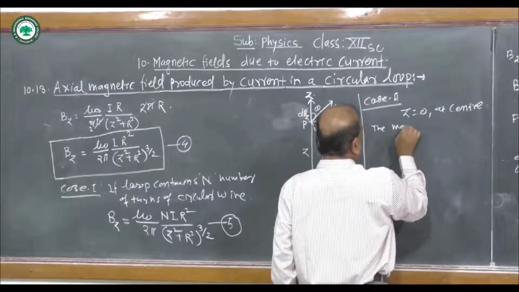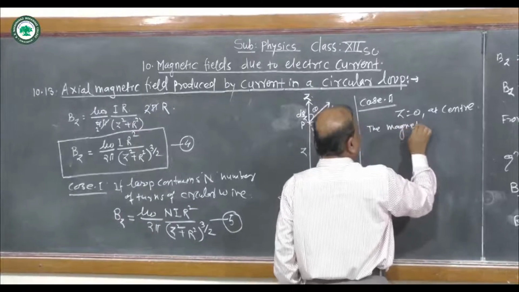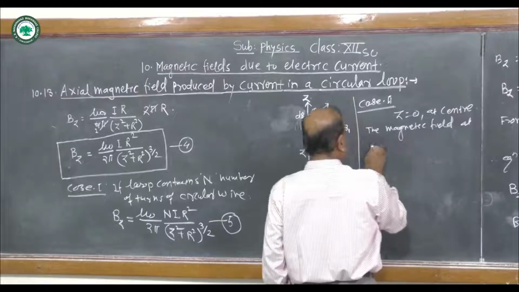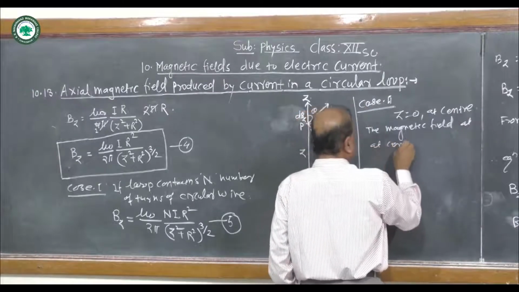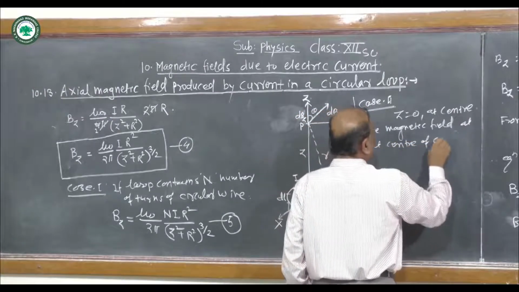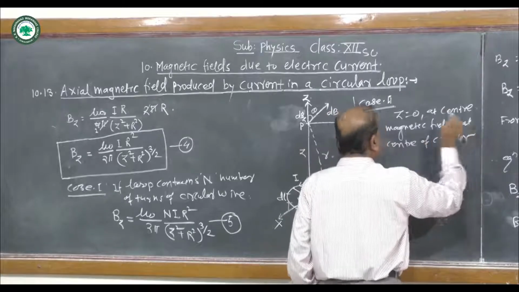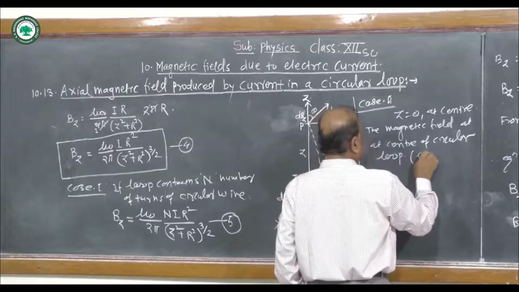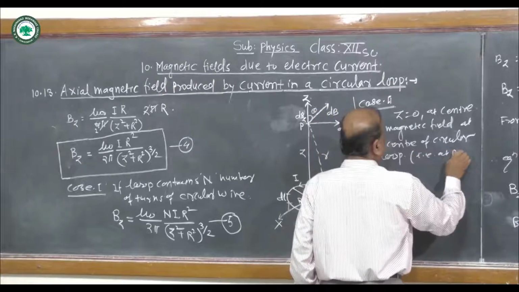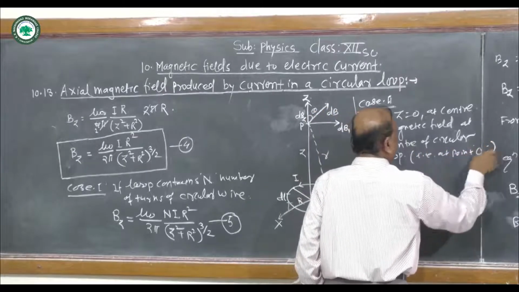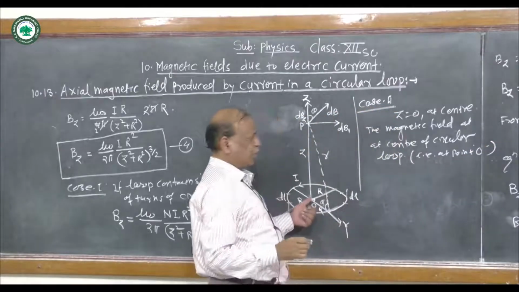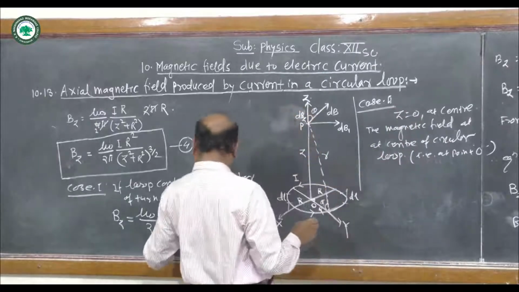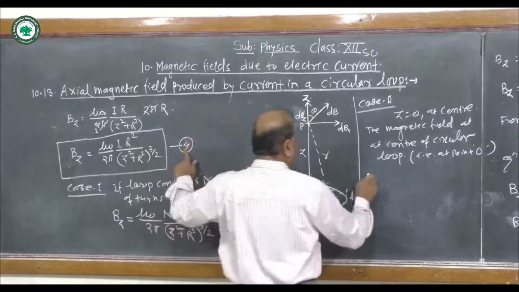That net magnetic field at the center of the circular loop, that is at point O. Now here put z is equal to 0 in this equation 4, then we get